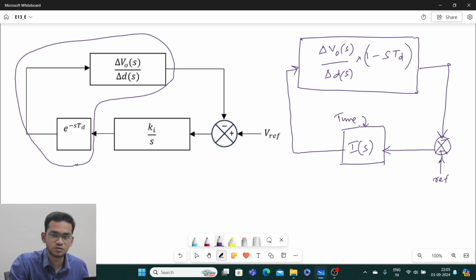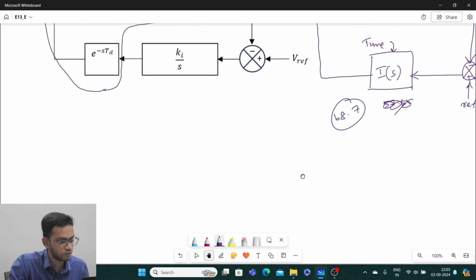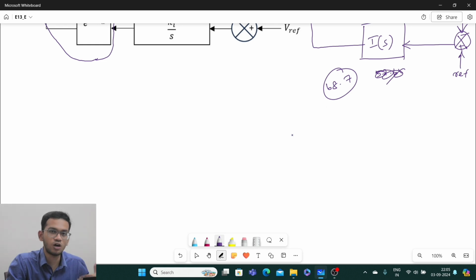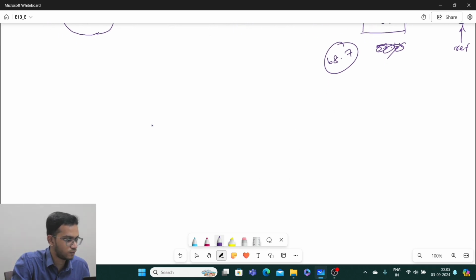Now tune this. Now your integral controller will no longer be at 57.6. Since you are tuning with respect to this whole transfer function now, it will come to maybe some other value, definitely not 57.6. Let us assume that it is going to 68.7. Now you take this value and then do the above process again. This is your new Ki value, so you will form